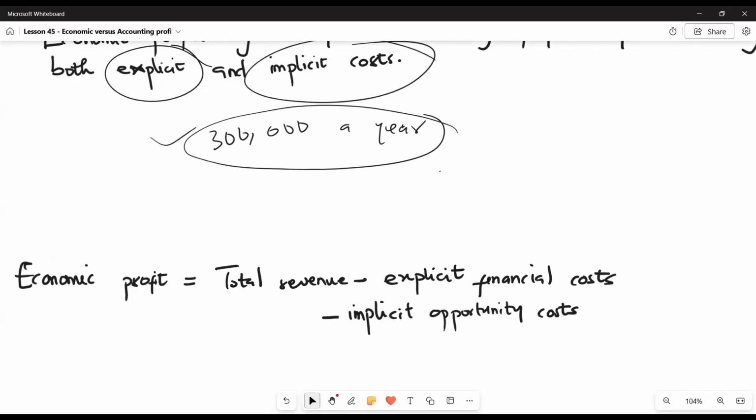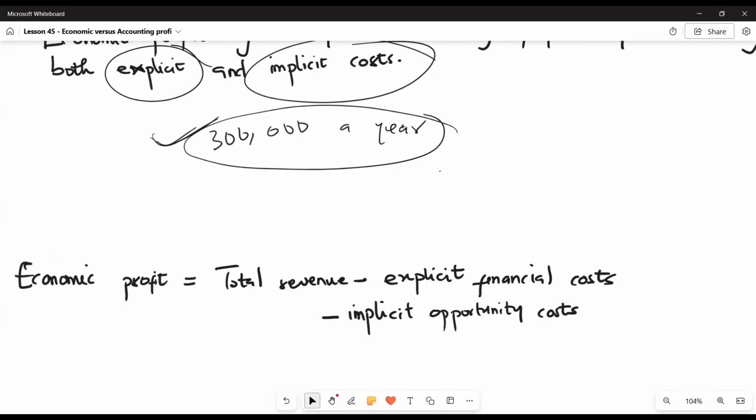So the question you have to answer here is that if the expected annual income from the business you plan to launch is going to be bigger than this 300,000 a year, then it's a good idea for you to quit your job and launch your business. But if the expected income is going to be lower than the 300,000 a year, then it's not a good idea to quit your job and launch your business because you run at a loss. So the point here is that the best decision for you depends on your opportunity cost, which goes beyond the